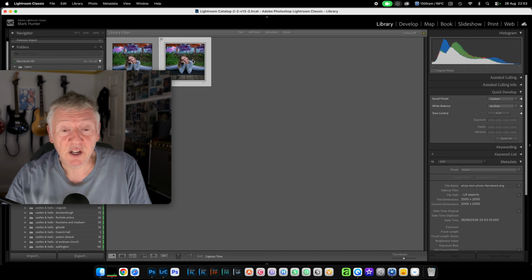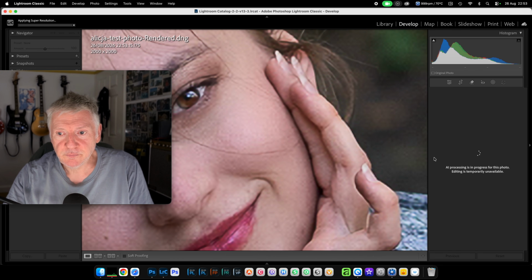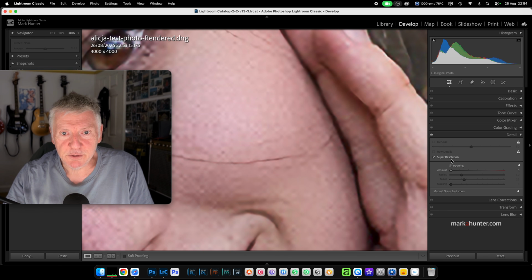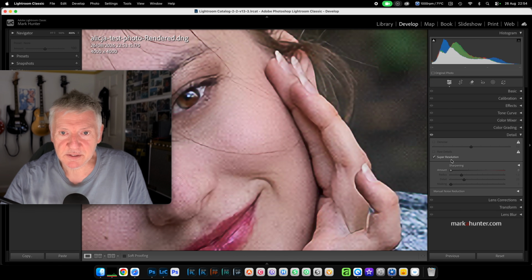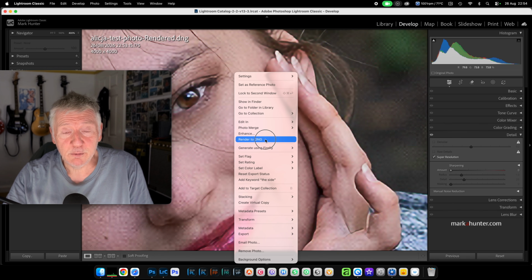And now we're going to develop that picture. D for a develop module. And we're going to click super resolution and see what it does. And then we're going to zoom out a little bit. Tidier again. That's why I can't do it again. You see, I can't click that again. So in order to do this again, I'm going to right click, render a DNG,